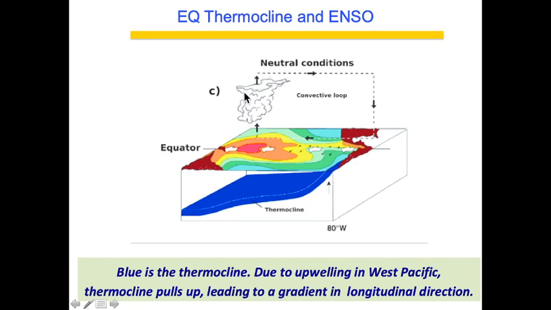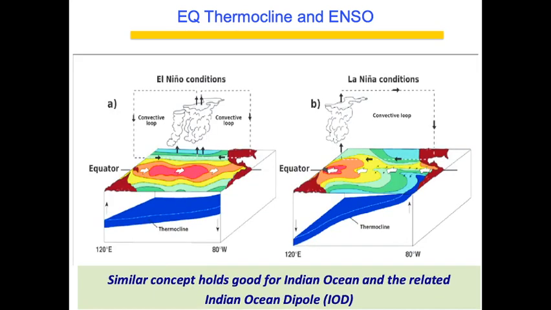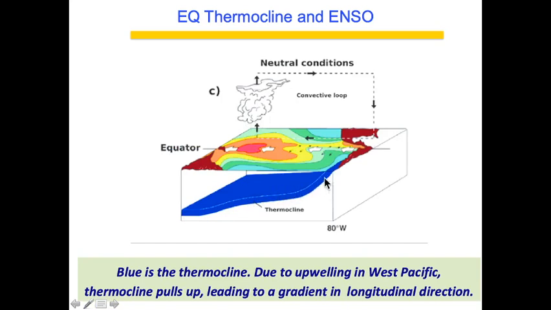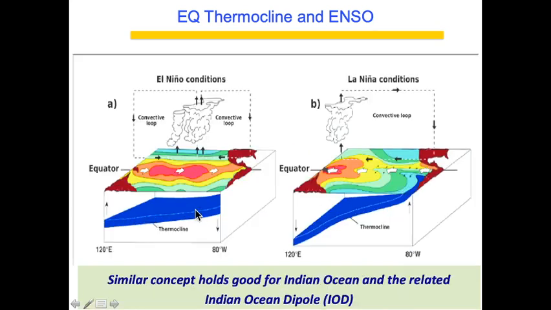This is the neutral condition in the Pacific. During El Nino, the upwelling and downwelling patterns are reversed. There is upwelling now in the Western Pacific and downwelling near the Eastern Pacific, because of which the thermocline maintains a very steady state throughout. Compare this: the thermocline has a gradient, where this is above and this is below,